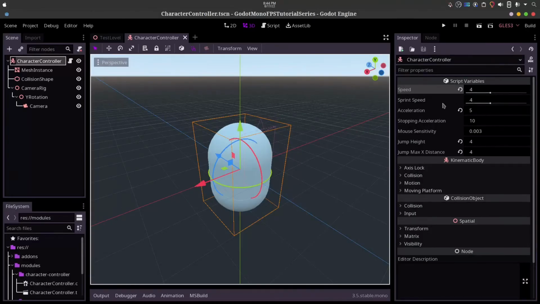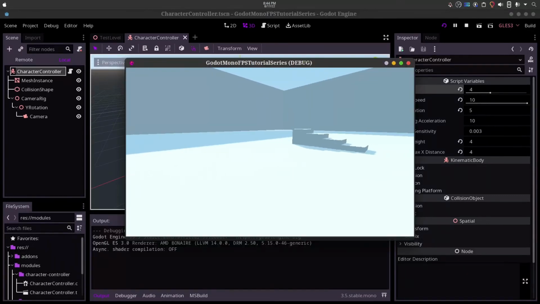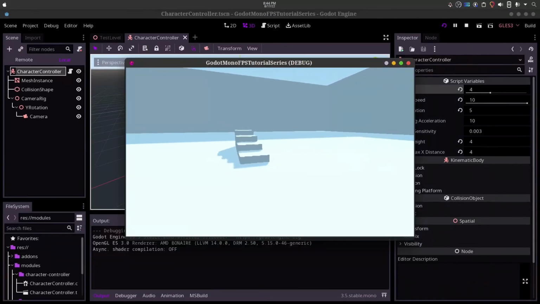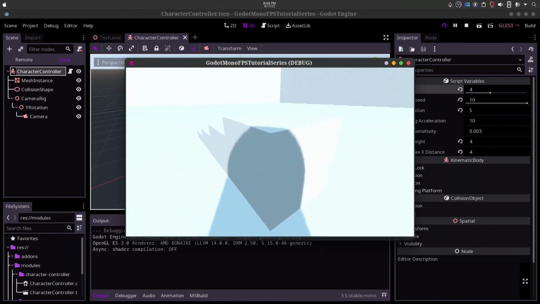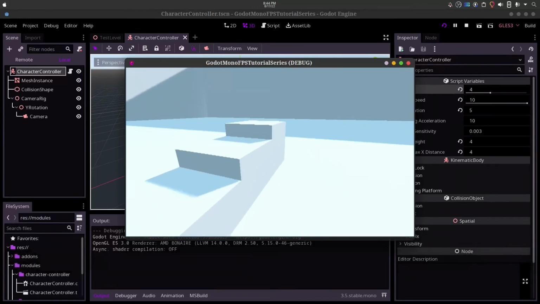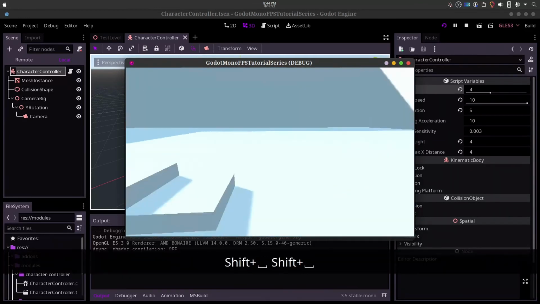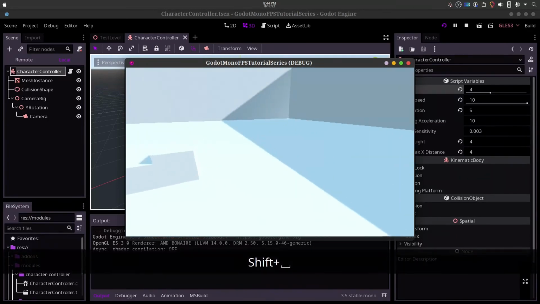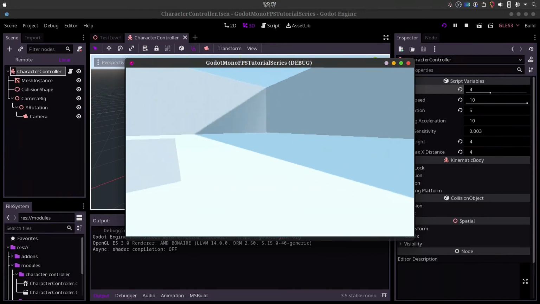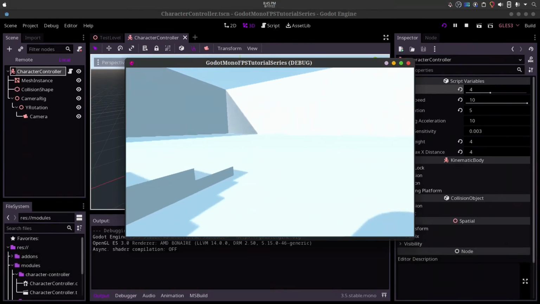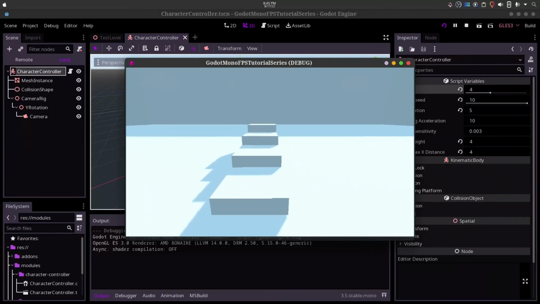Now in the editor here, I'm going to increase the sprint speed because right now they're the same value. I'm going to crank it all the way up to 10 just to make the difference super obvious. And so as you can see, walking normally and sprinting are very different. And what's nice is because we're already interpolating the speed values, and you can see my shift and jump keys on the screen, because we're interpolating our velocity on the X and Z axes, you actually get a smooth transition from walking to